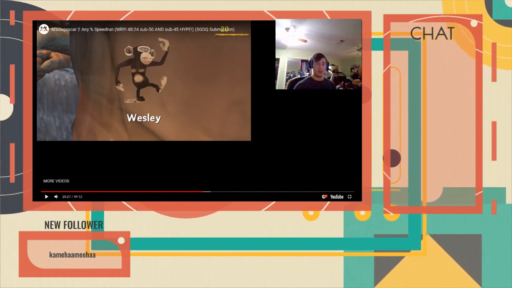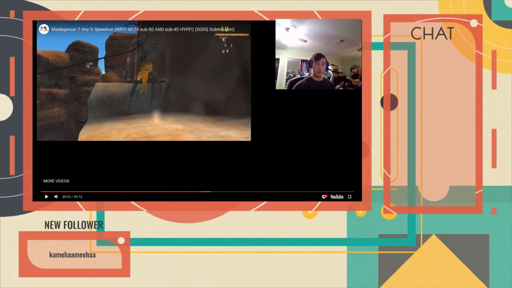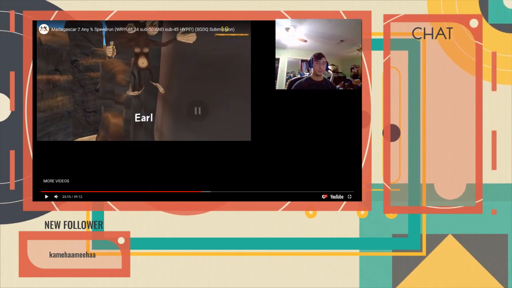And I think I get it in this run. There are 2 places where you can get it. Here, with I think this monkey right here, I've gotten it with this monkey, and I've gotten it with the monkey in a later level. I don't know what